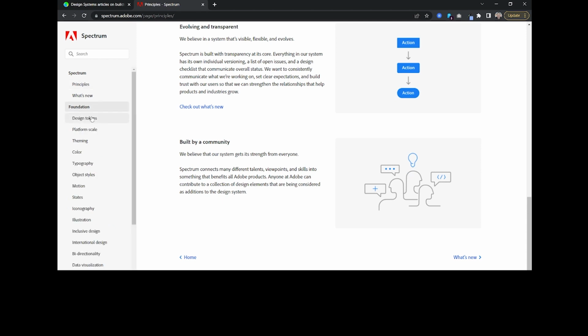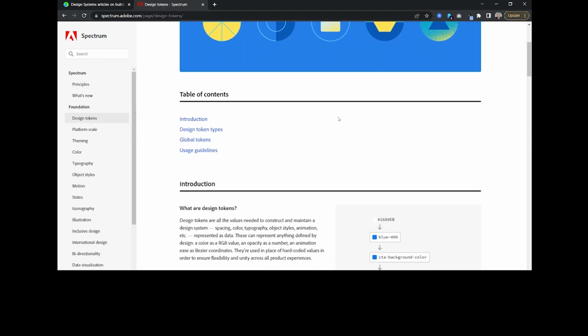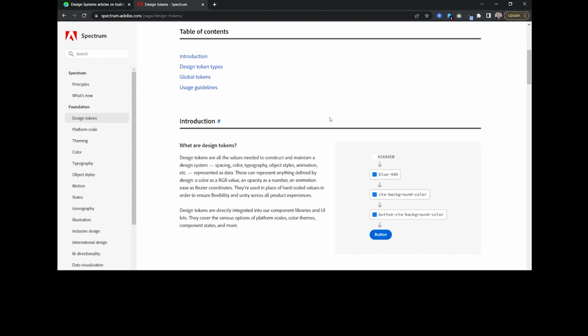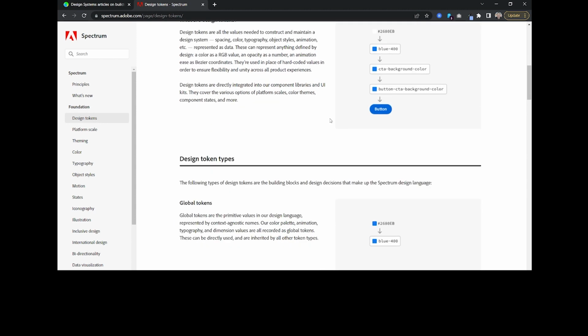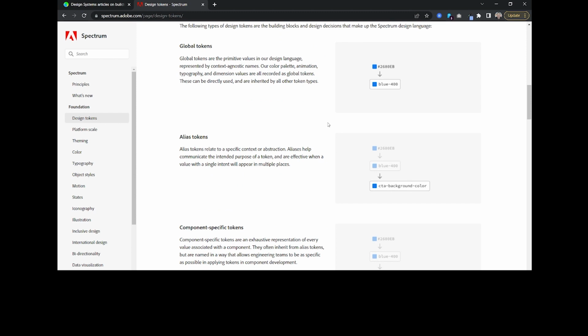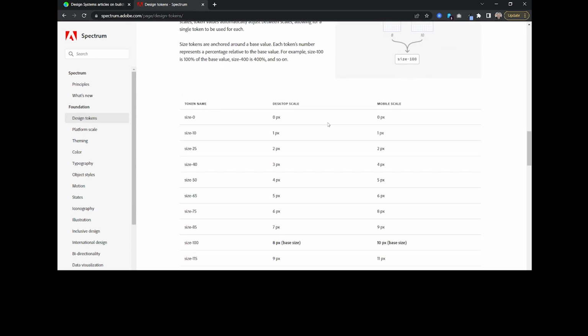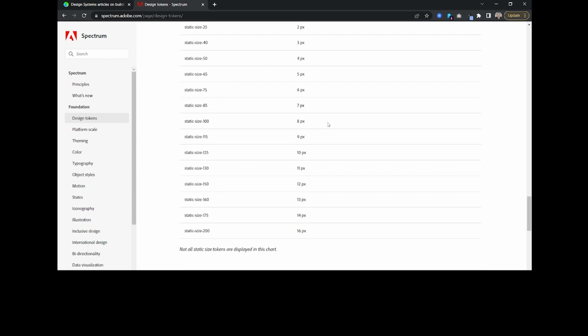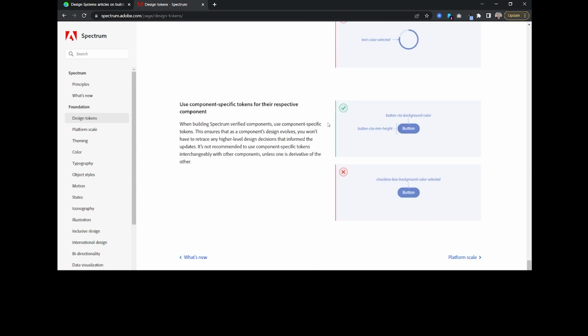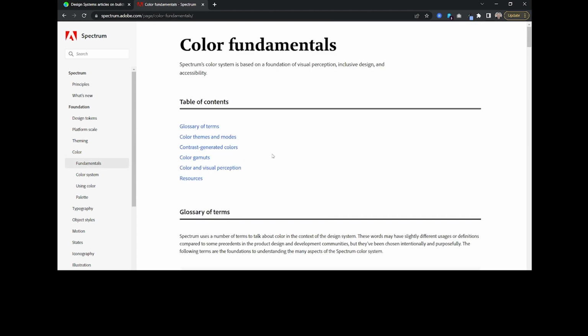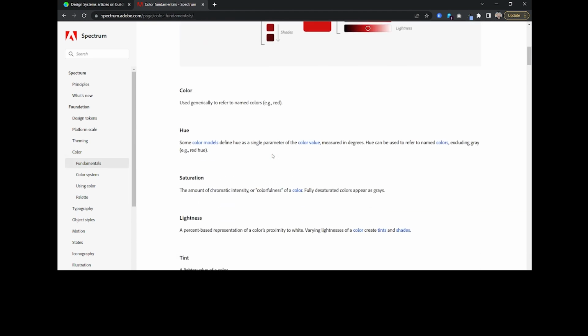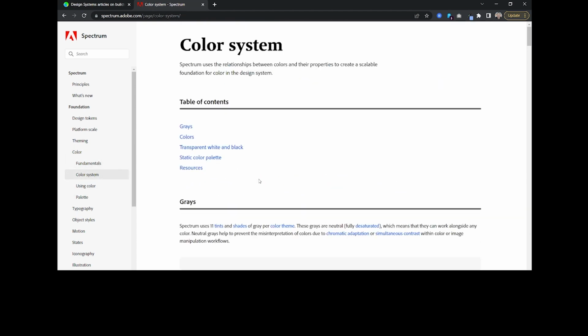And then if you start going into their foundation documentation, you already have a bunch of information of how they use tokens and what design tokens are, which is great. It tells you how those tokens then expand, what is the language of those tokens, what are the guidelines on how to use them. And then if you jump to other things like, I don't know, color, you have things like fundamentals, you have things like color systems,